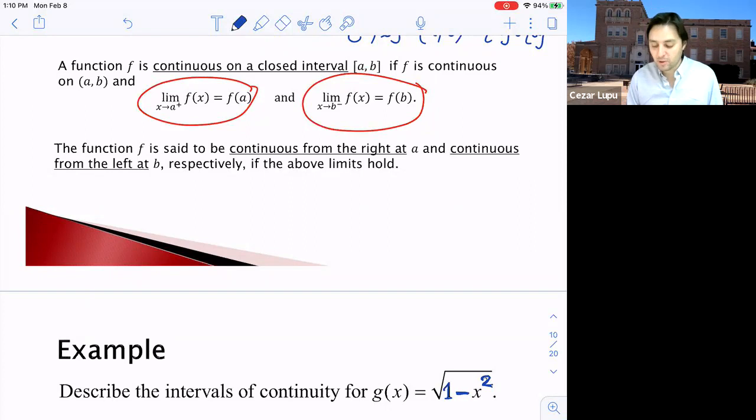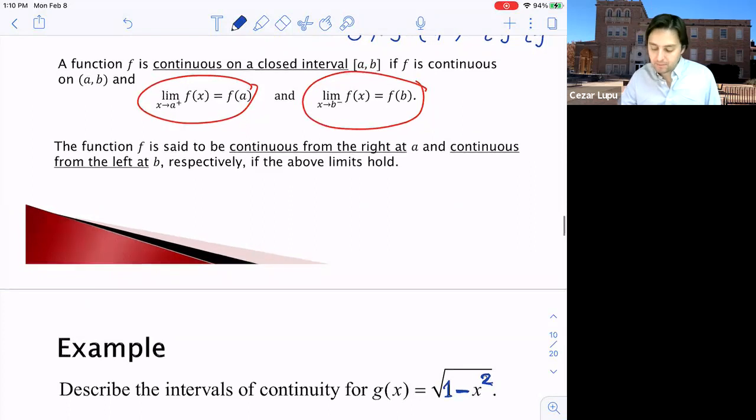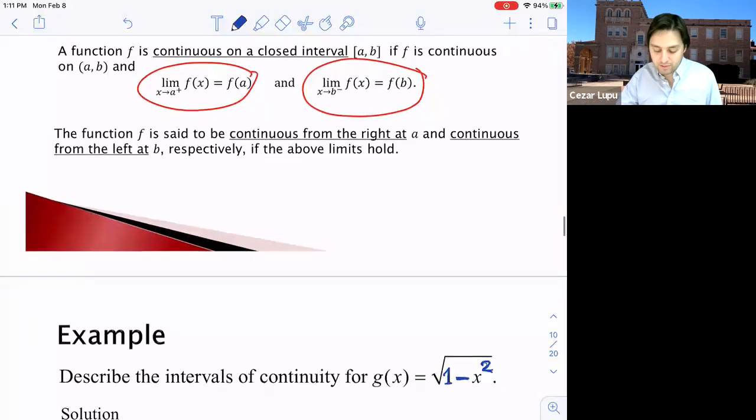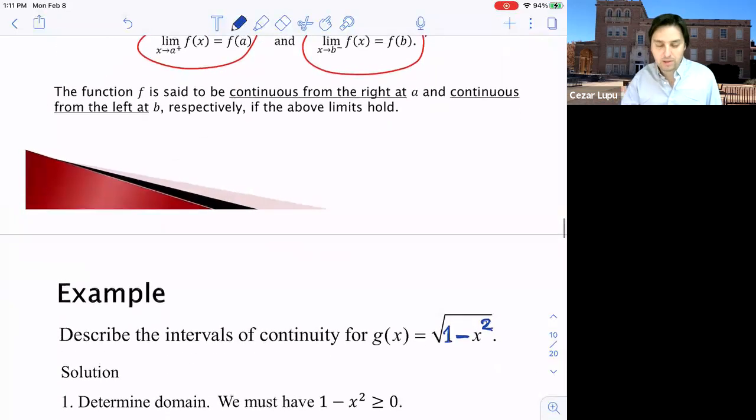Okay, so how should we proceed here? First of all, we would like to see this function. We have to see the domain for which it is defined. You see, we need to determine the domain first. So when we determine the domain, now